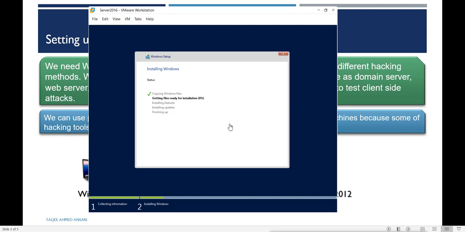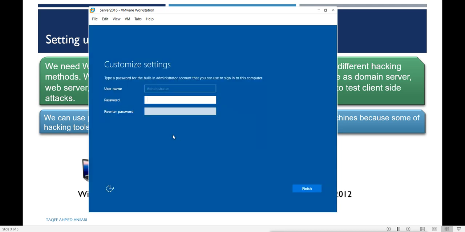Now if you want to install Windows Server 2012, then the procedure is the same. Create the virtual machine, do the same procedure, and only use the Server 2012 image. So the process of installation is also the same, and actually both look the same.